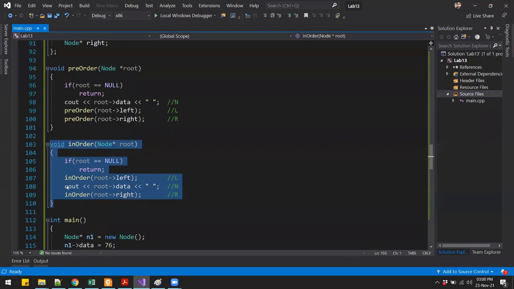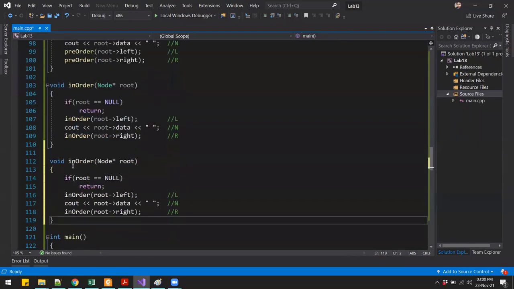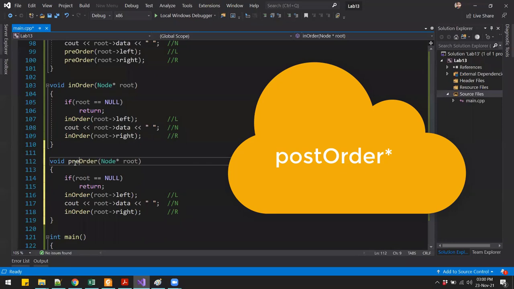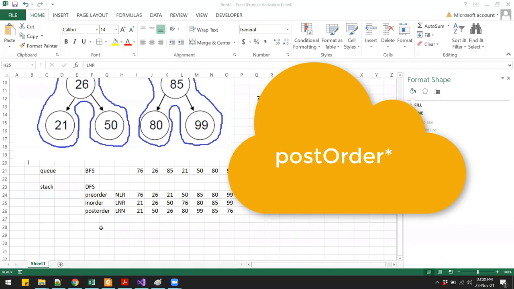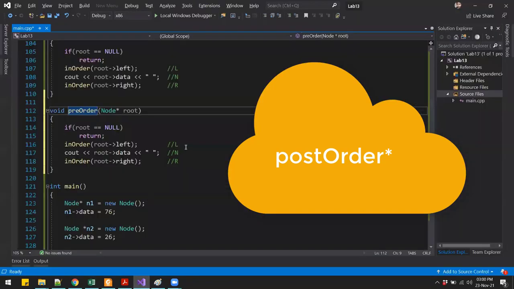Once again, I'll just copy this function and call this pre-order. In post order, we have to first go to the left, then right, then node. So it is left, right, node. We'll go to the left, then we will go to the right, and then we will print the node.